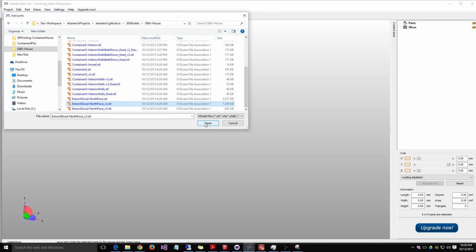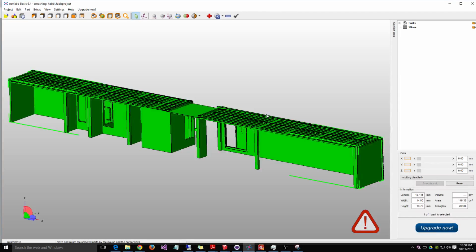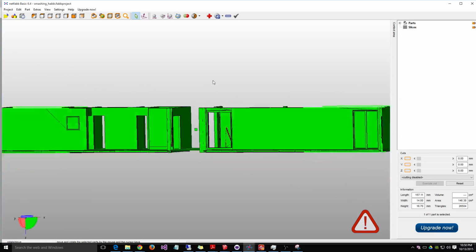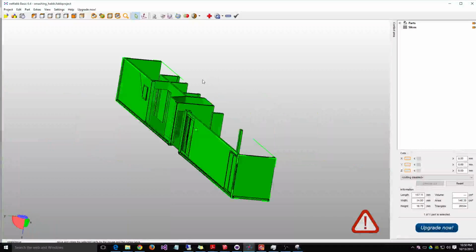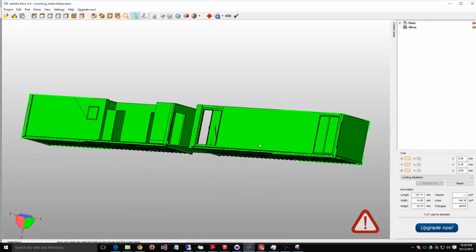Yeah, let's do this. So I did some slicing of the model. Okay. This is actually not so bad, but as you can see,